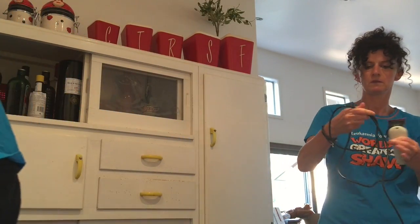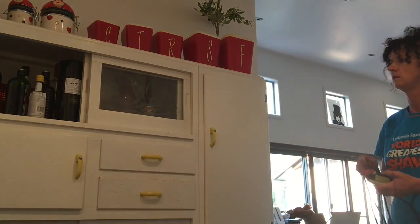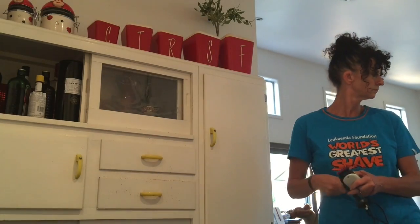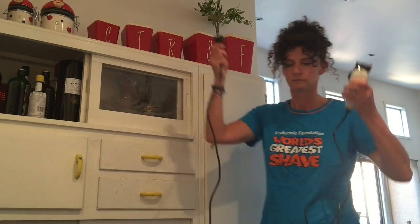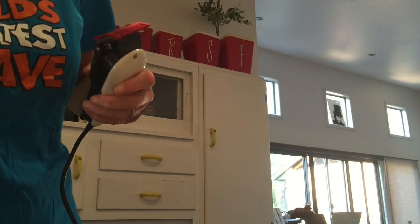I'm not sure if I've spoken about it before, but I just need to give a quick explanation for certain things. People don't know why hair falls out for cancer patients. So this is a brief explanation for it. Chemotherapy is designed to kill the cancerous cells, which are fast dividing, fast developing cells. Because the chemotherapy cannot distinguish between good and bad cells,